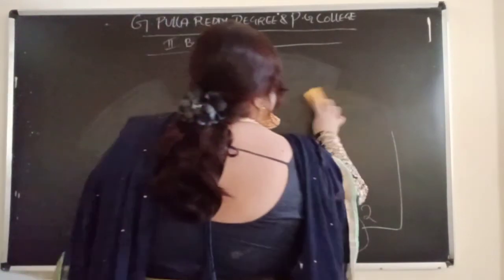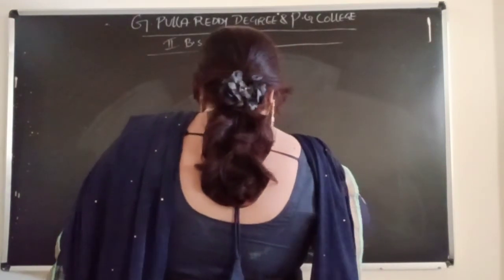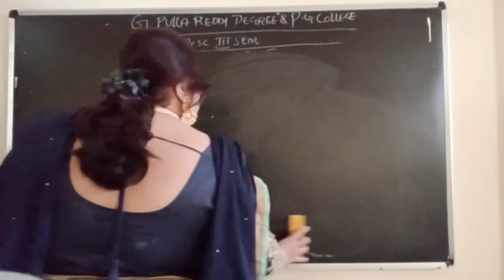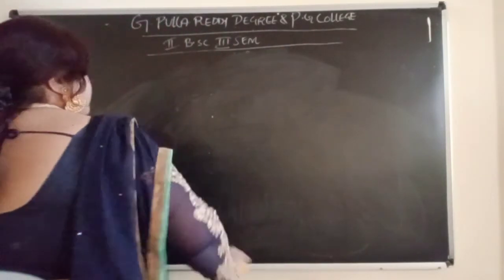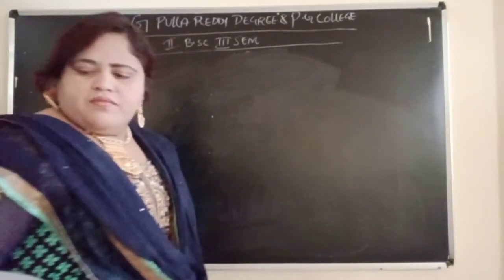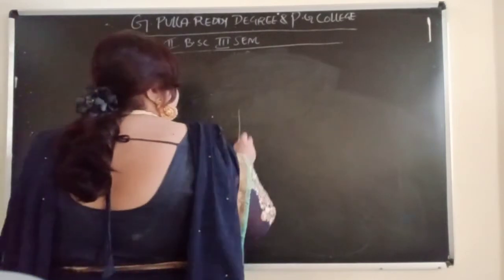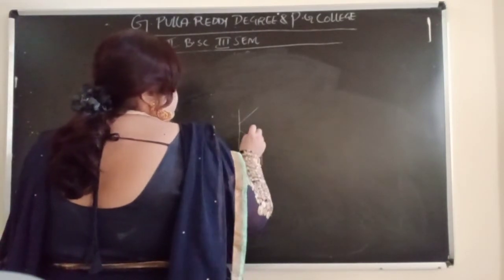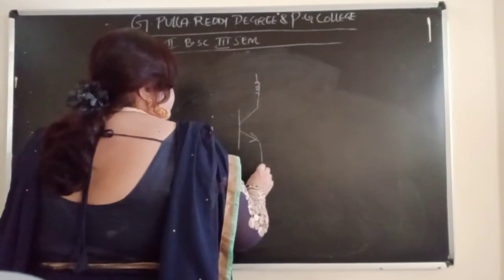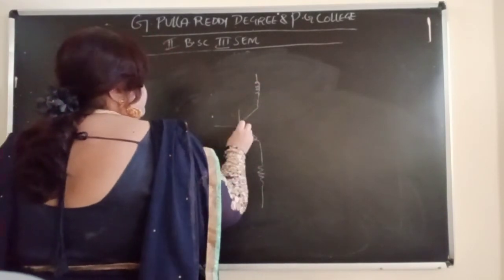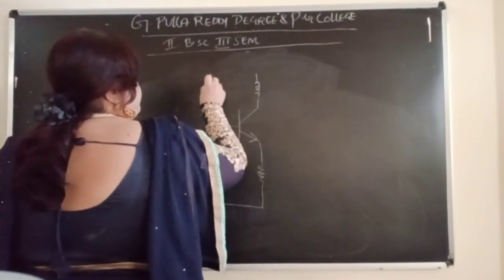See, how you have to draw the circuit diagram. First you have to draw a transistor, common emitter, then RFC, then resistor, and you have to draw a resistor here also. Then here resistor,